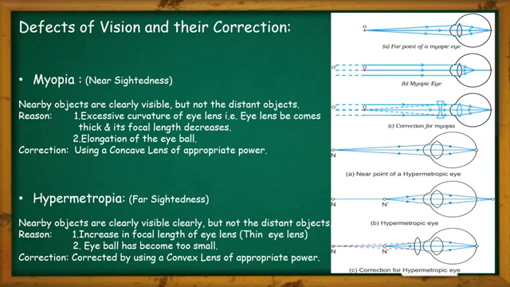Due to these two reasons, this kind of eye defect happens. Then what can be done for the correction of this eye disease? For correction, we can use a convex lens of appropriate power, which will rectify the focal length of our eye lens, and it will help to again focus those light rays coming from the object exactly on the retina, so that the image of that object will be created on the retina, which will be clearly visible in the diagram also.